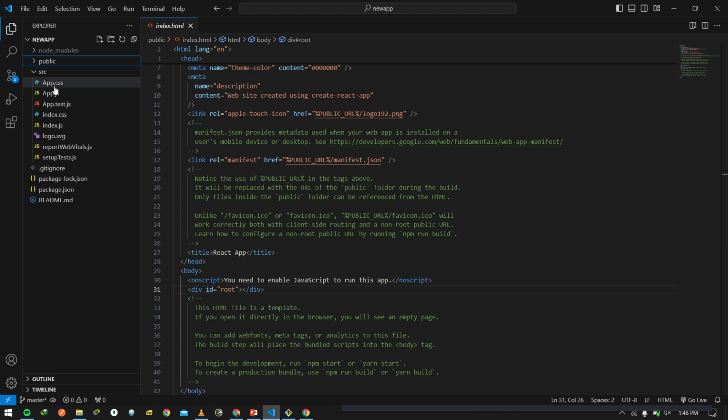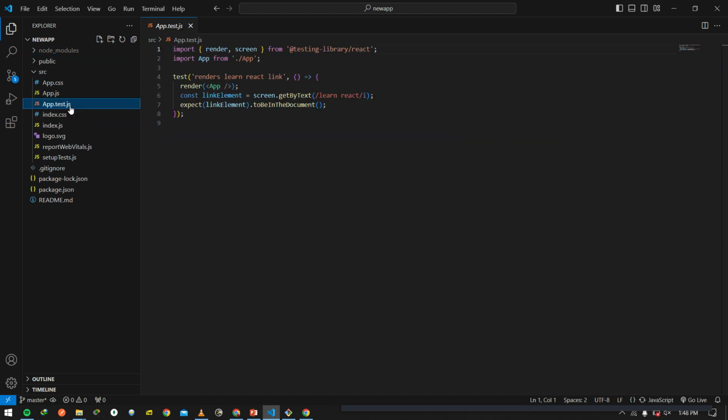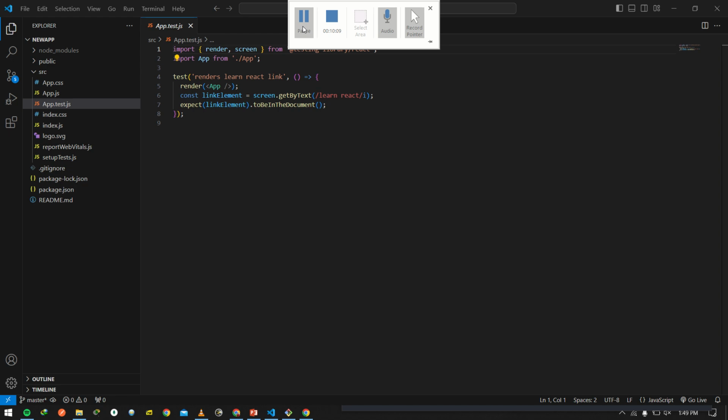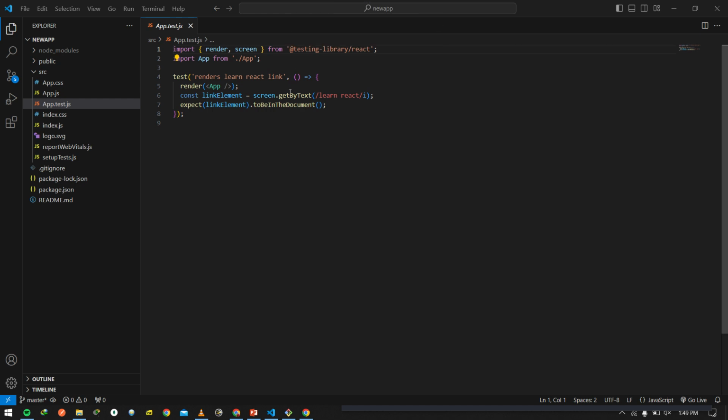Okay, so here in this folder we don't need App.test. This file is used... All right, sorry, right there, my laptop battery died. So yeah, as I was saying,